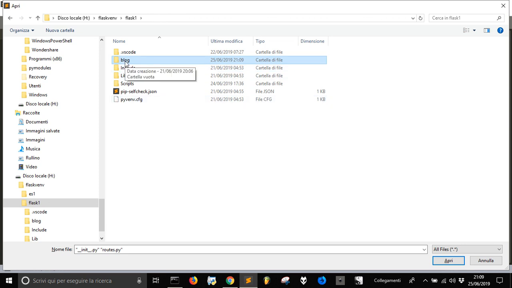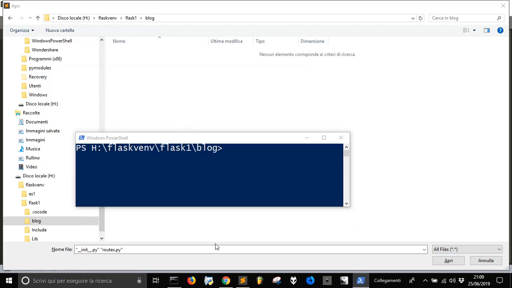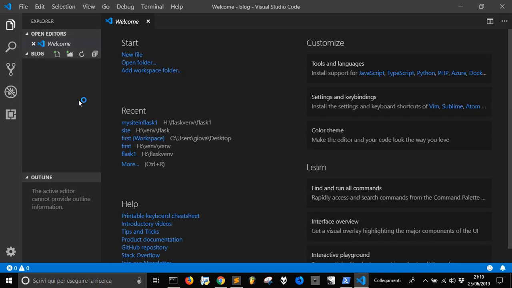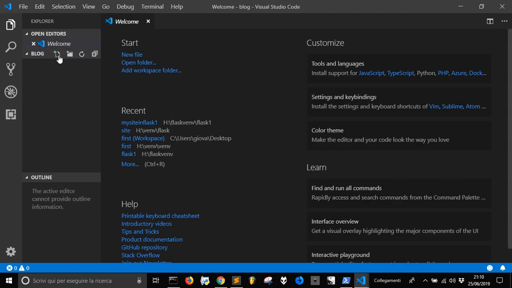And so let's go inside of this. Let's open Visual Studio. Okay, now we have blog, and we are going to create a new file into blog, and we will call it